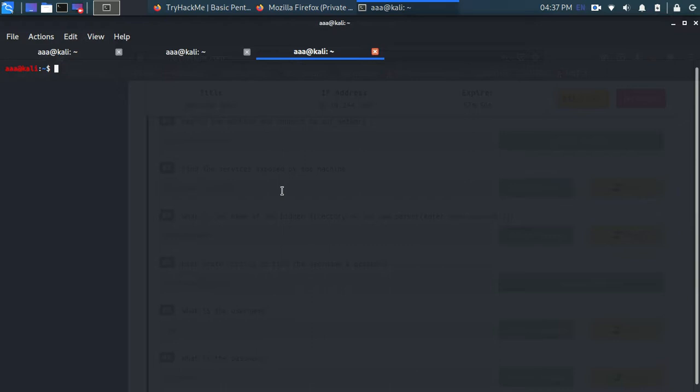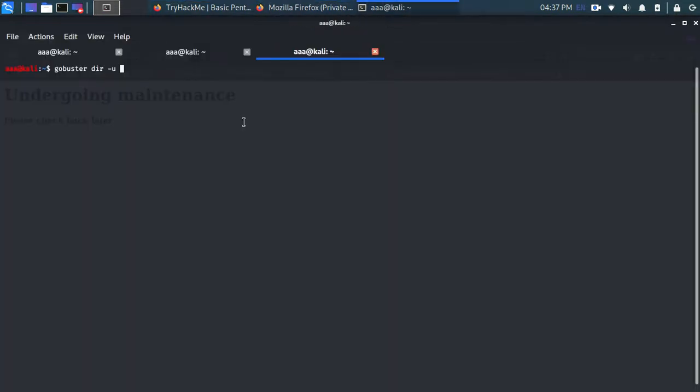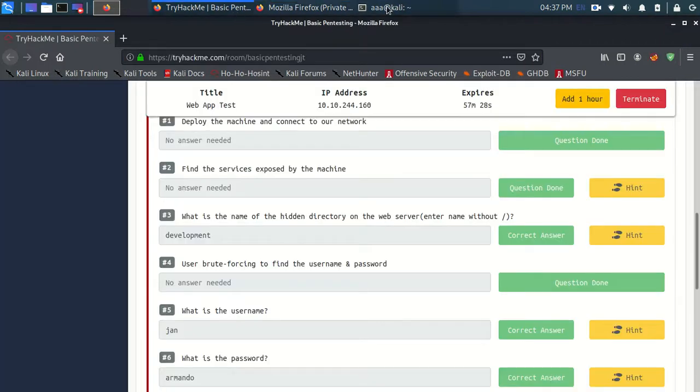So let's start. The command is gobuster dir. This is just the starting, you have to write this. Then you type -u for the URL, and then you paste the URL by Ctrl+Shift+V, because in the terminal Ctrl+C doesn't work, so that is how you paste the URL.